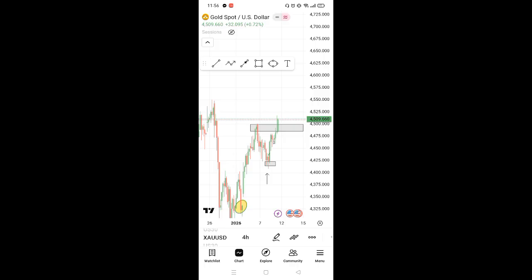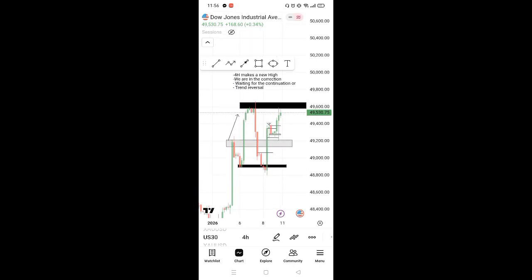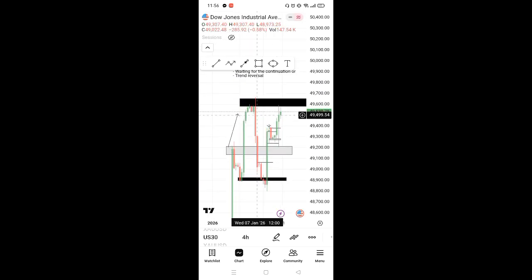And another one is the US 30. Okay, in US 30, so here we are, man. US 30, we just made a high, right? We just made a high here. US 30 made a high,